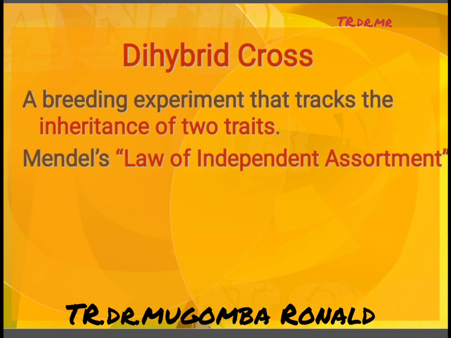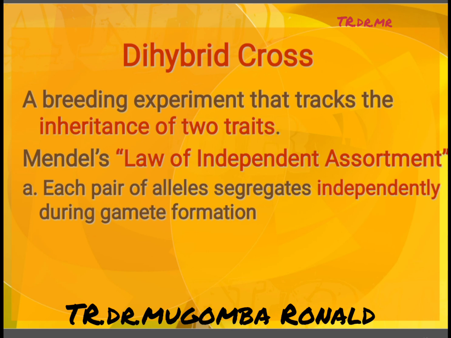So in this dihybrid inheritance, that is where we get the law of independent assortment, where he says each pair of alleles segregate independently during gamete formation. Each of these alleles, remember, we are going to be talking about two different genes, but each of those genes, let's say the gene for color of the seed, can exist in two different allelomorphic forms. That is to say, the green and the yellow. And let us now say the length of the internode. It can also exist in two allelomorphic forms. That is to say,